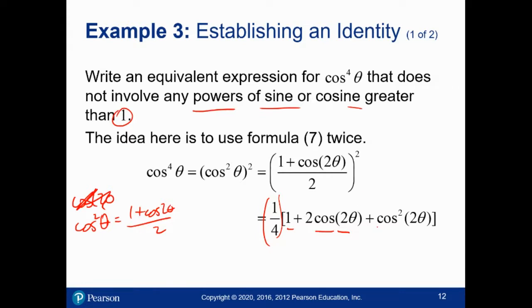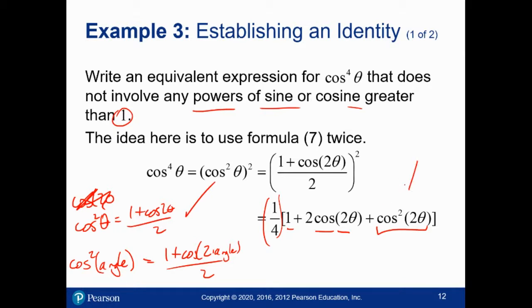But now notice we don't have cos squared of theta, we have cos squared of 2 theta. Now the only real important relationship is that cos squared of an angle, whatever that angle is, is 1 plus the cosine of 2 times that angle, over 2. So if that angle is theta, great, we have the formula here. But now in this line at the far right side of the screen, the angle is not theta, the angle is 2 theta. So if I apply this formula, okay, what we end up with is,